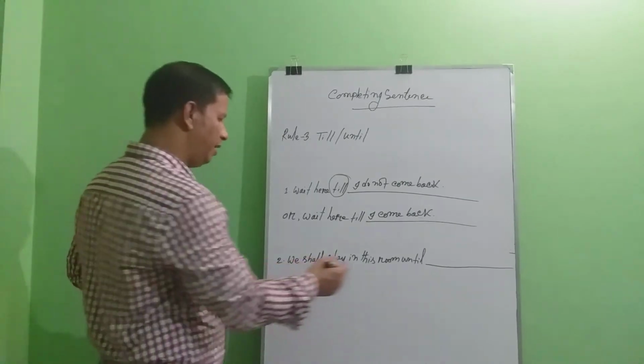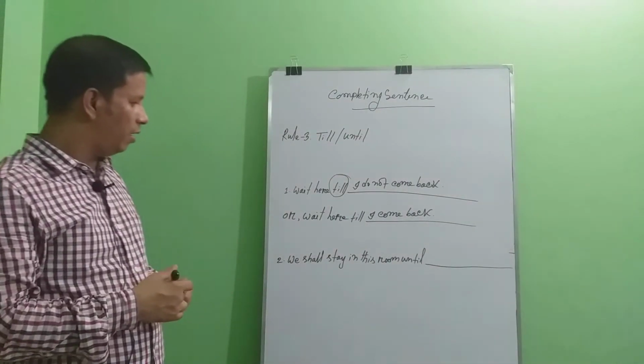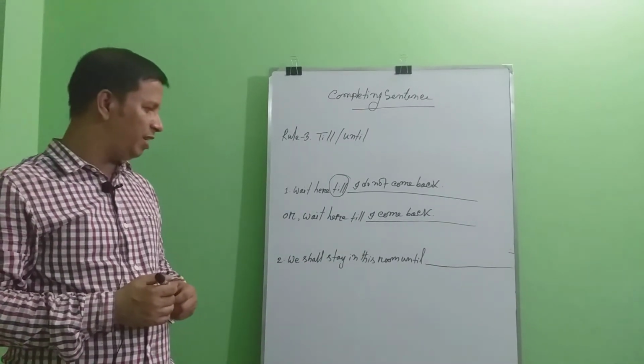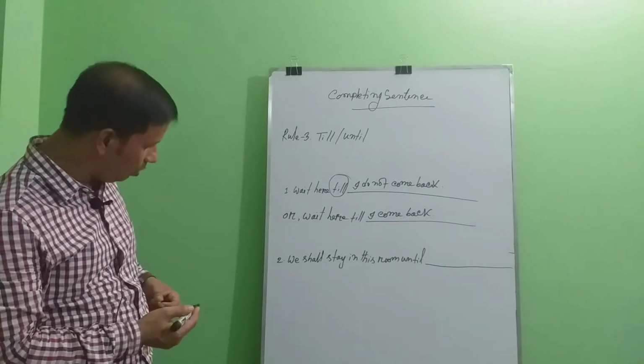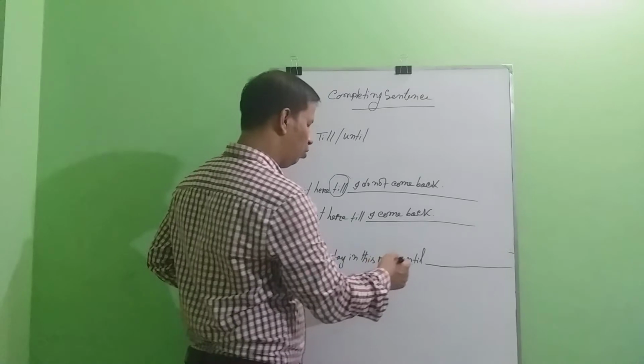This is the use of until. Students, you must remember, after until you have to write only affirmative sentence. So according to this rule, we can write the answer we shall stay in this room until